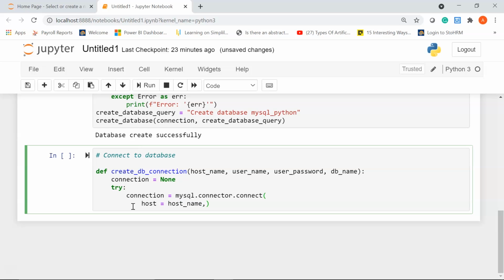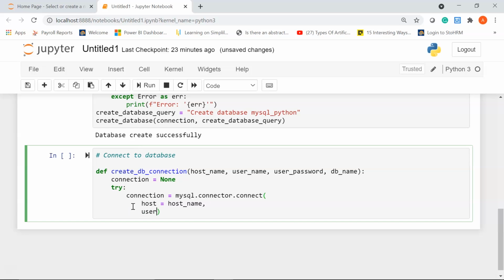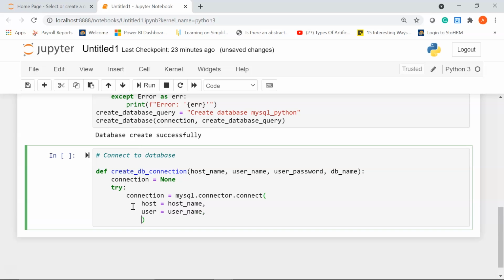I'll give a comma. Next it will take the username, so user equal to user_name, give another comma. Next it will take the user password. I'll use passwd equal to user_password.